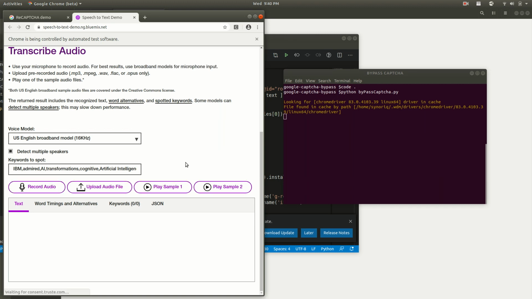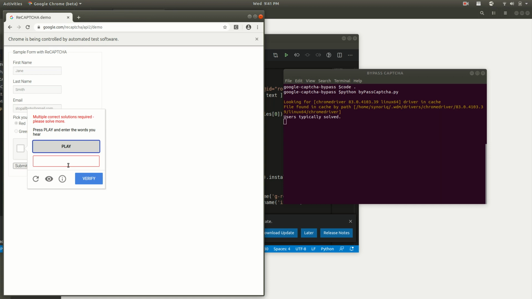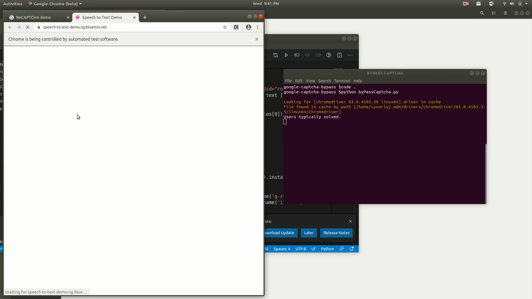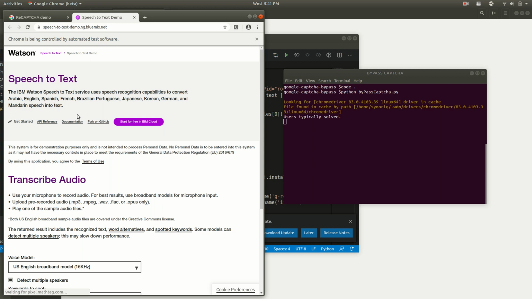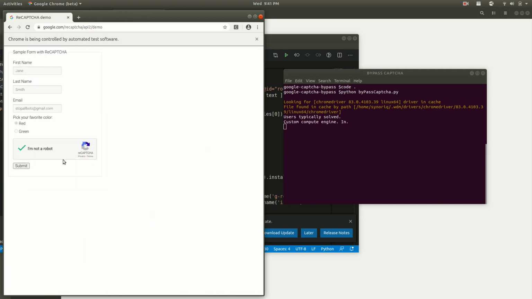We are basically using the audio of the CAPTCHA and we are passing that audio to this website, and it gives us the answer for that, and we copy this answer and paste it on the text box. Sometimes this step is required multiple times, so we do the same step again and again until the Google CAPTCHA allows us to bypass. So the same step is being replicated again, and now the second time we were able to pass it and we got the success message as you can see, and the script has terminated.